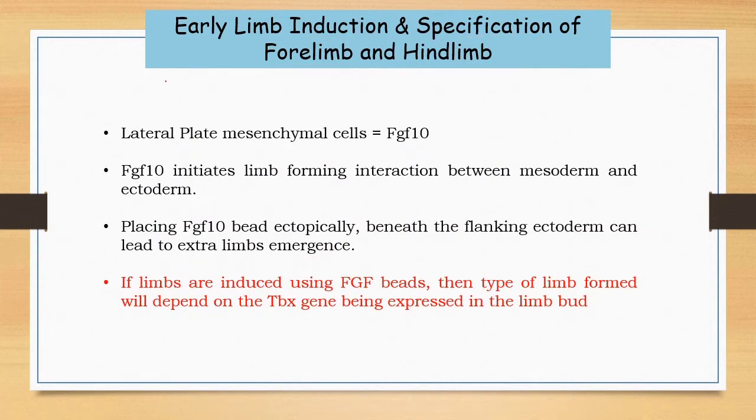In further experiments, it was found that the gene responsible for specification of limb was the TBX gene, and this gene is expressed in lateral plate mesoderm. Now this lateral plate mesoderm helps in formation of lateral plate mesenchymal cells, which are important for limb bud formation. So now it must be clear to you why only limb mesenchyma helps in limb formation and not non-limb mesenchyma. Factors that are specific for limb formation are found in the limb mesenchyma only.